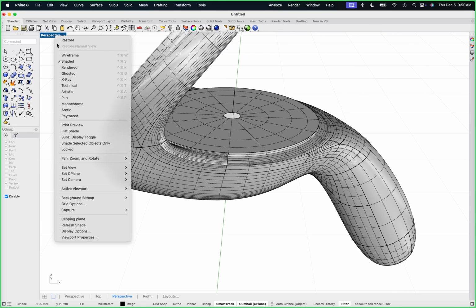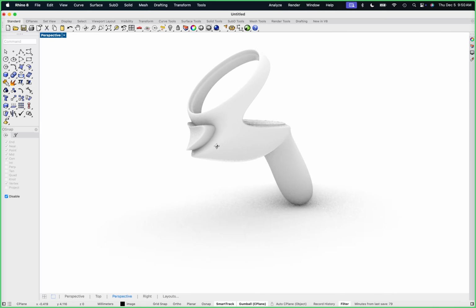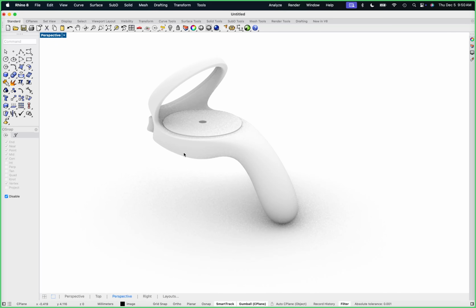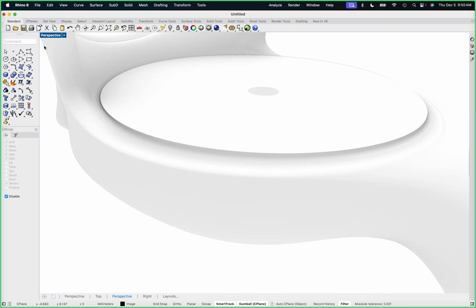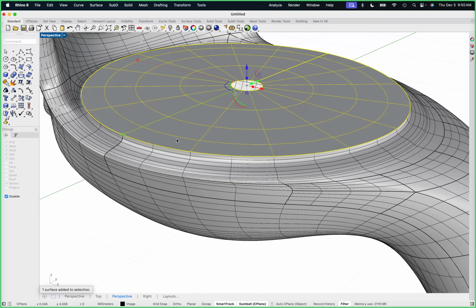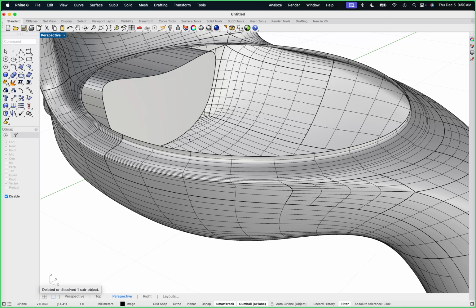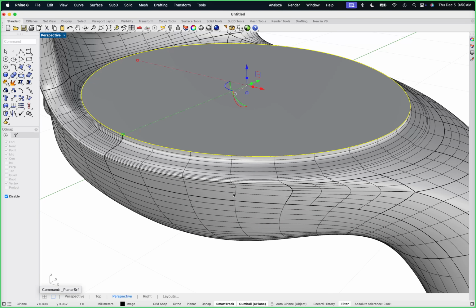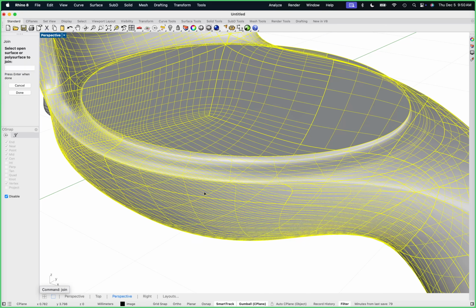But if we look in rendered view, you can see that this is pretty much what we were going for, right? So let's deal with the disk, and we could argue about whether I needed to do this in SubD or whether I needed to do this in NURBS. But if I grab this entire edge, it should allow me to put a planar surface in here, and it does. So now I can join this